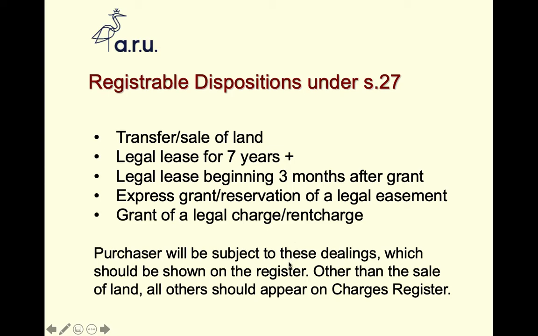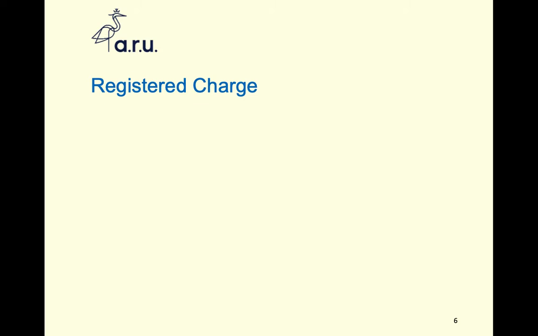So anyone coming along to buy the land is subject to those dealings. They have to be articulated and identified on the register. If people haven't protected them on the register, then their interest is void. It has to appear there. And as it says, apart from the fee simple absolute in possession holder, which would appear up on the proprietorship part of the register, all of the others appear down as charges. So the key focus for us usually will be